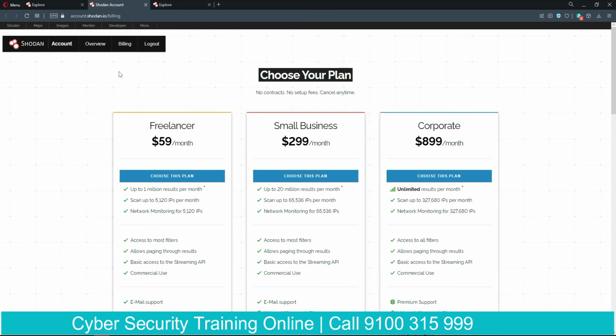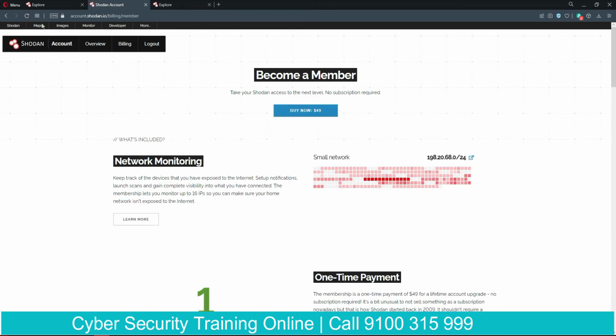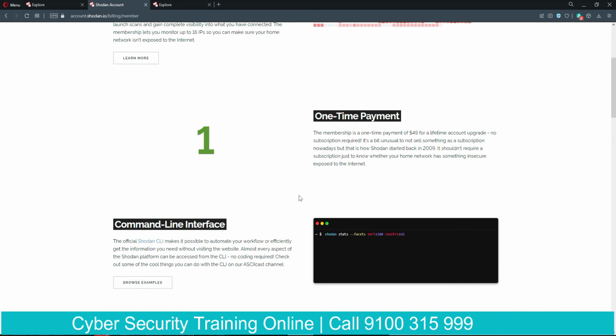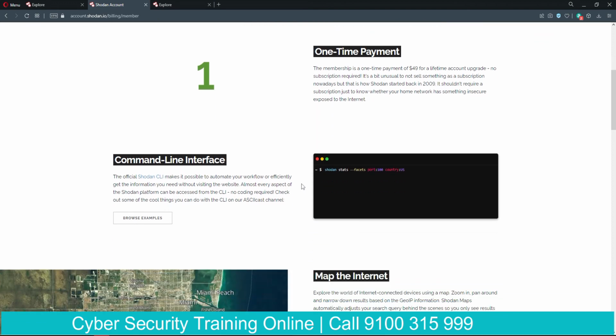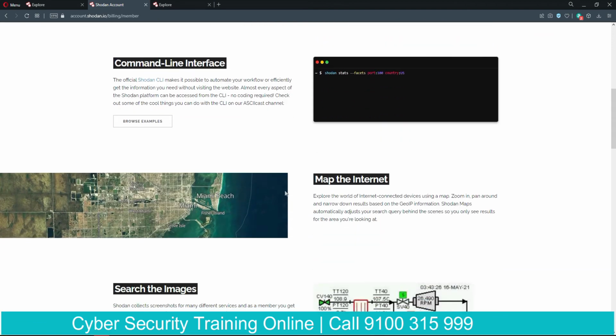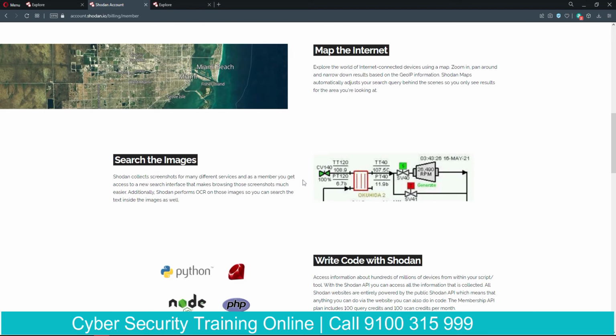And if you click on the maps part of Shodan here, okay, you can also see, including network monitoring. Network monitoring is where you can scan an entire batch of the network, okay, and you will also be given a command line interface option here, and plus you can even map the entire internet according to your search results.